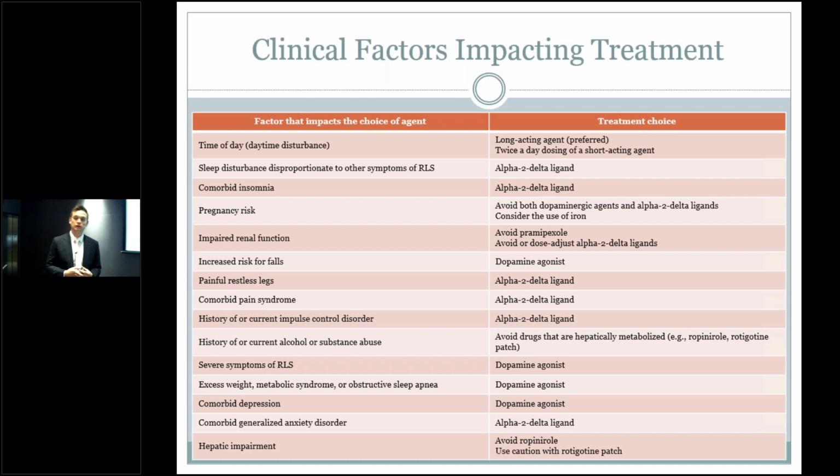is effective for people. I've had to take people off of their alpha-2 delta ligands because of renal function issues, but understanding, of course, the impaired renal function, the uremia could worsen their symptoms. So you have to come up with a plan that will work for these patients. The painful piece of it, along the lines of neuropathic pain, is not the same as the restless leg type pains, but we do use the alpha-2 delta ligands because of the pain component that we can get benefit from.